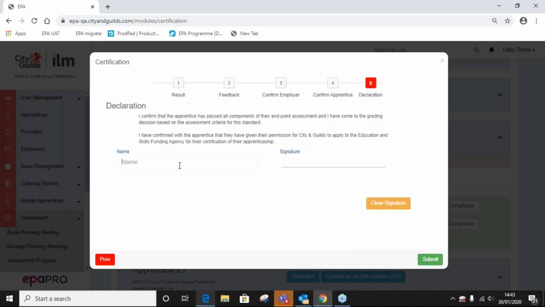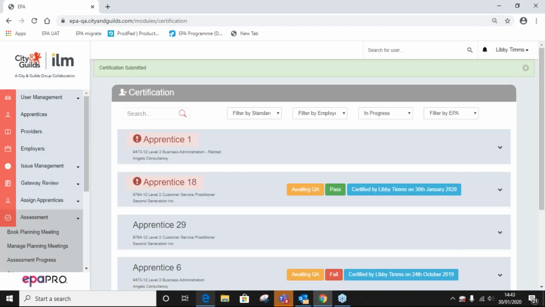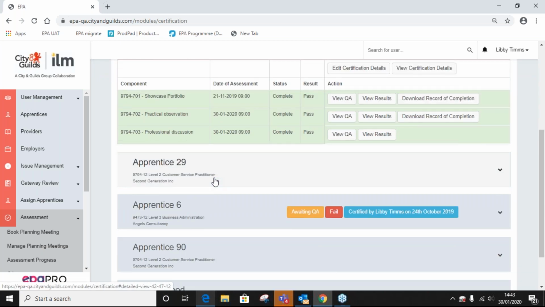And then the declaration at the end, as previously mentioned, your details will be automatically entered here. And once I'm happy, sorry, Rachel. Your signature changes every time. That's why it's best to make sure you've defaulted it at the beginning. And select submit. There you go. Okay, we're going to pause there.